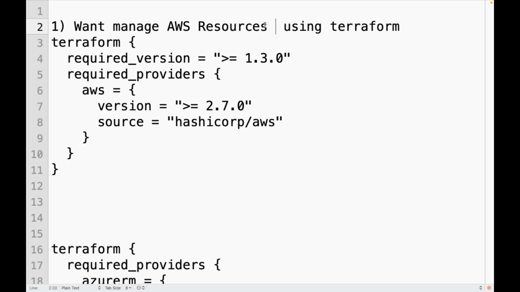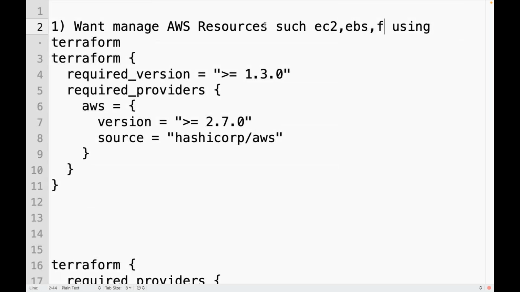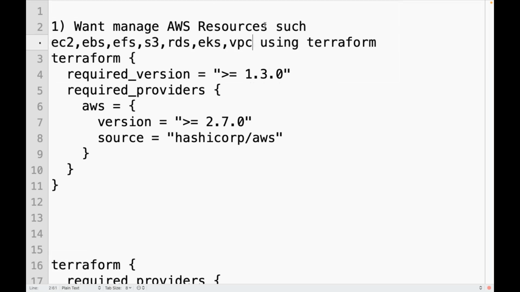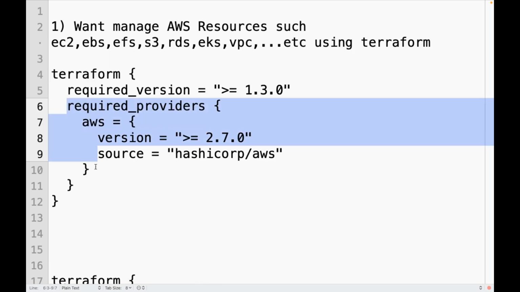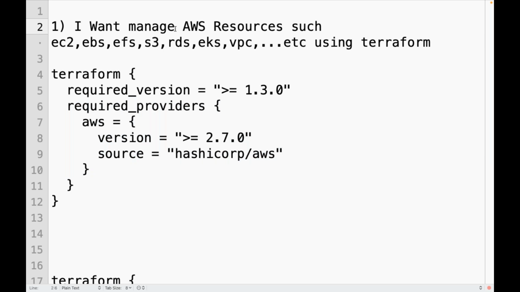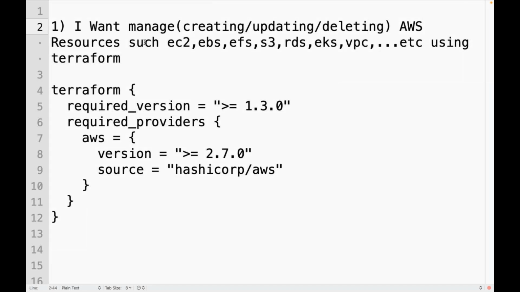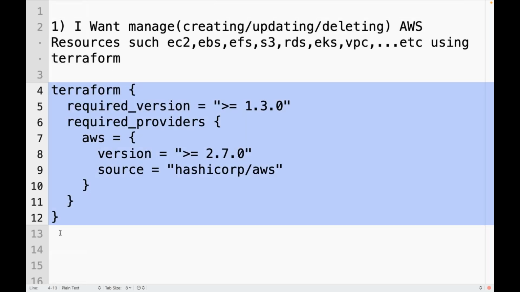AWS resources such as EC2, EBS, EFS, S3, RDS, EKS, VPC, whatnot, etc. Then in my Terraform configuration, do I need to define something like this? What provider I need? If I have to manage infrastructure on AWS, manage in the sense creating, updating, or deleting using Terraform, can I define in my configuration something like this as per your requirement?